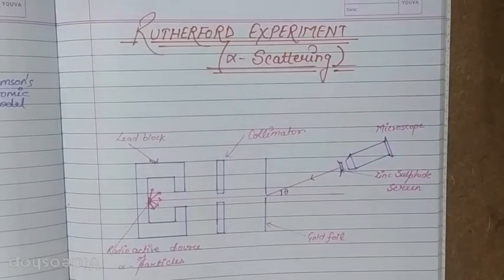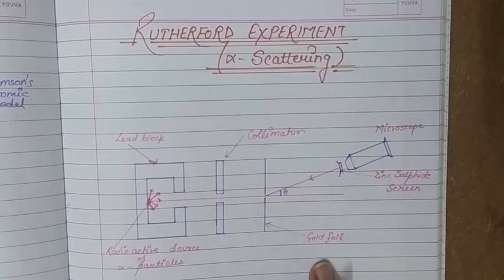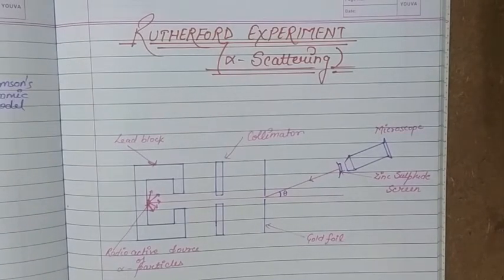Hello students, this video is about Rutherford's experiment of alpha scattering by a nucleus. So basically we are trying to study how alpha particles get scattered by thin films. If we use a thin film, how do alpha particles get scattered because of the nucleus present in that thin film? This was the task, and on the suggestion of Rutherford, his two associates, Geiger and Marsden, in 1911